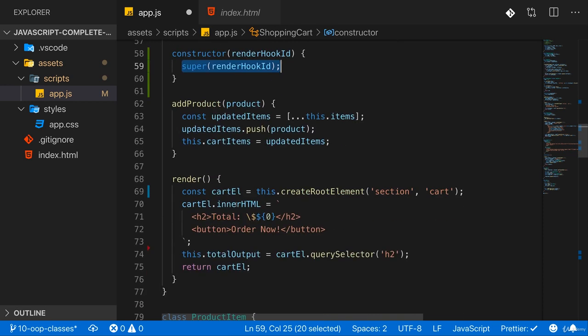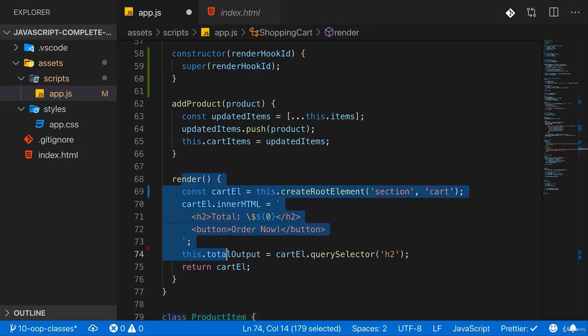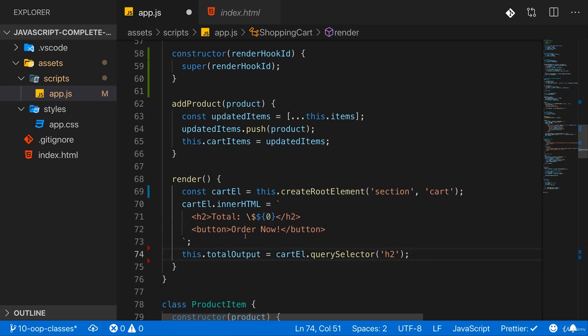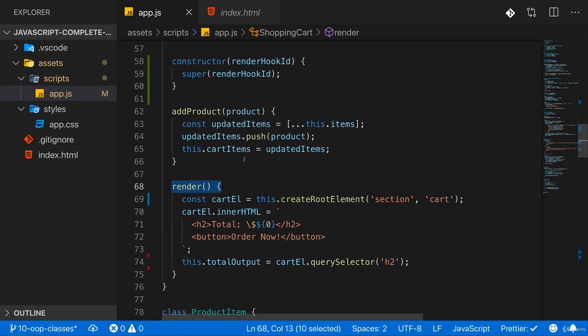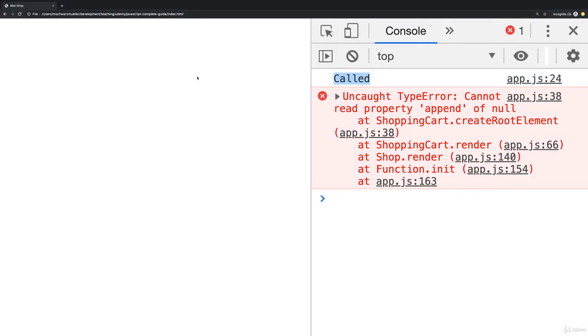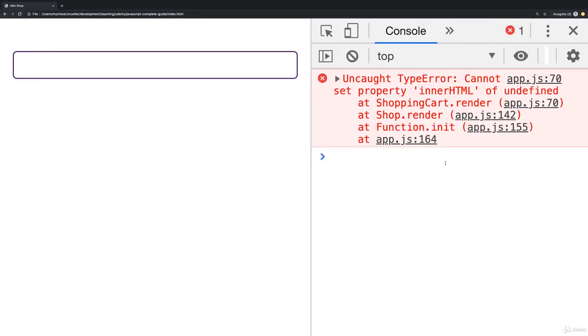And now as a side note, render here in my shopping cart also no longer needs to return anything, because I'm not interested in the cart element anymore. I don't need that anywhere in the place where I call render. So now with that, if we save that and we reload, this looks a bit better, but we get another error: